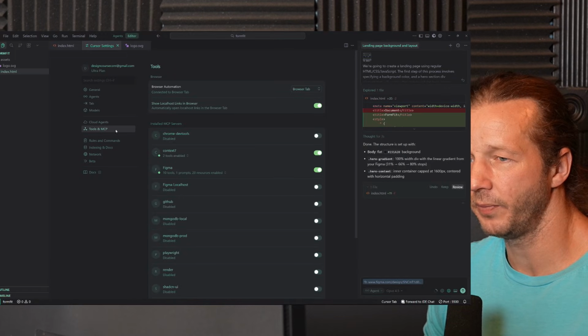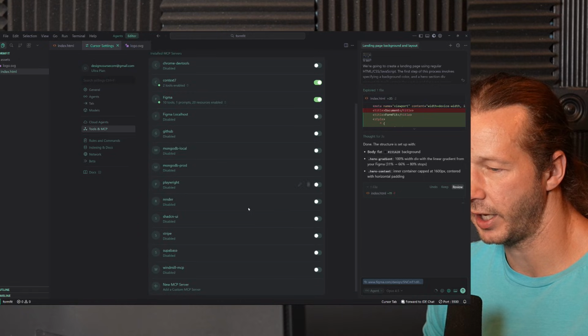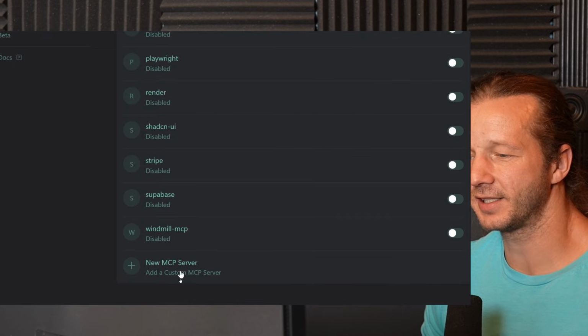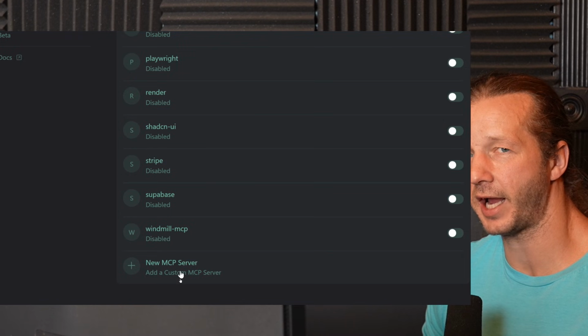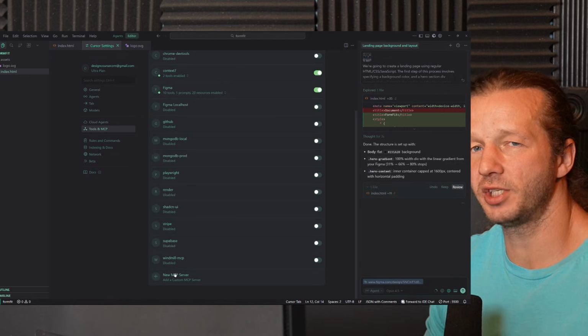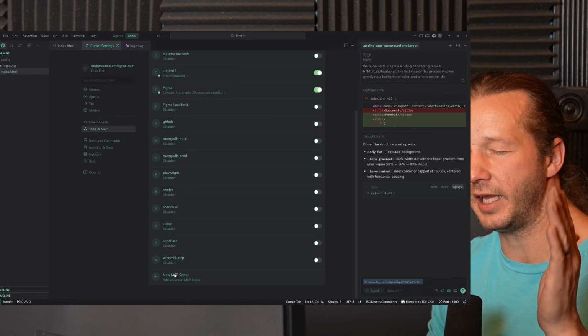But real quickly, if you just go over here, let's see here, add new MCP server at the very bottom. Actually, I don't want to click this because it's going to reveal sensitive API keys associated with many of these services. But that's how you set it up there,